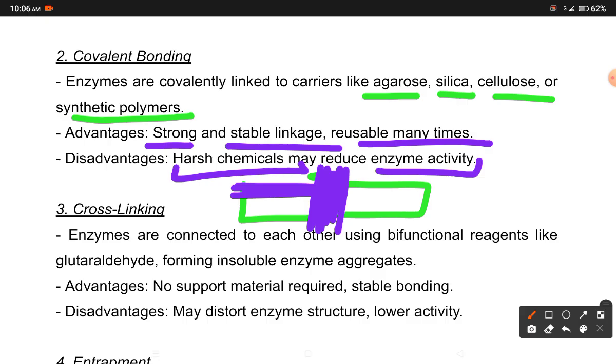So in this way, if we block any of the sites or any conformational changes happen in the enzyme, then the activity will be affected. Our main goal is to have immobilized enzymes, and they need to work efficiently. To work efficiently, they should have a proper structure, and only then can they give all their potential or enzymatic activity. When we use these kinds of chemicals, they interfere with the enzymatic activity, and that's one of the disadvantages of this covalent bonding method.